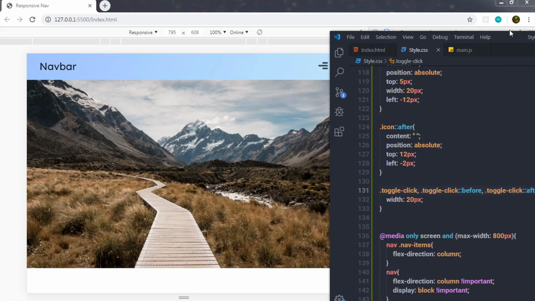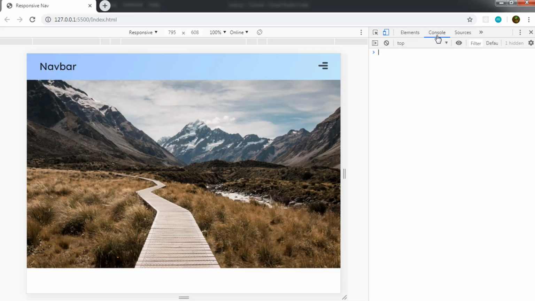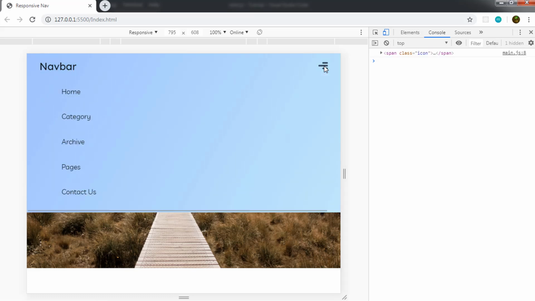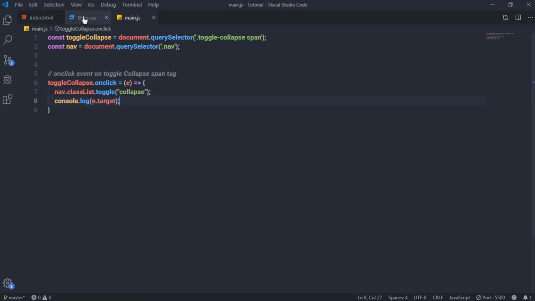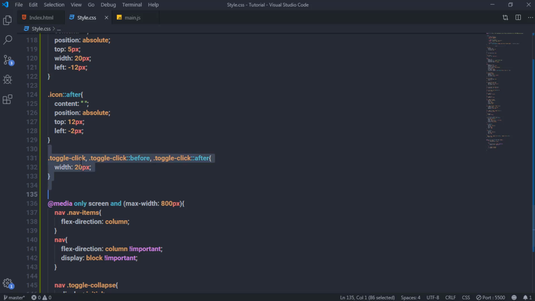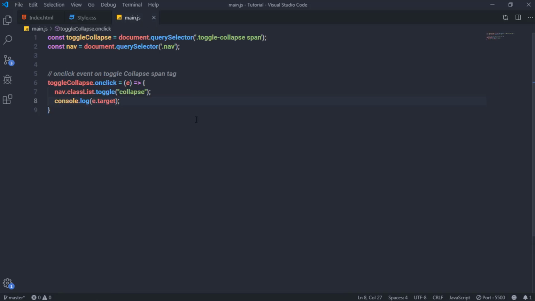Just open the main.js file, and in this file you just need to specify the event parameter to this handler function, and if you just say console.log and say here e.target and save the changes and open the console, and when you click on this hamburger menu, this is going to return this span tag, right? Like this. Now what you want to do, you just need to specify this toggle click class to this span tag. So what you need to do is you just need to say here